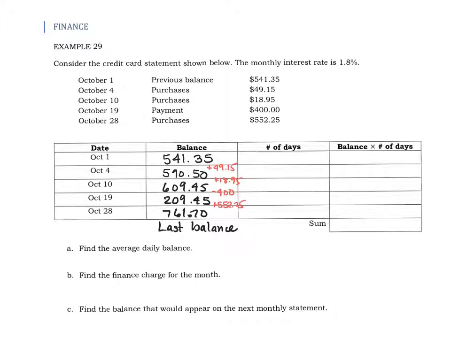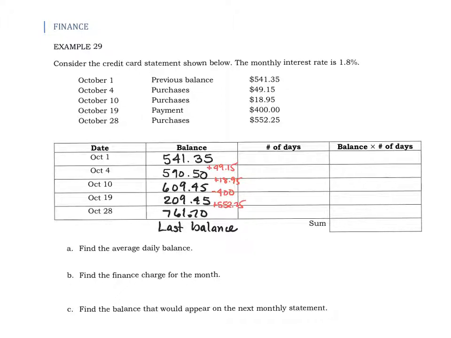So again, that was the first part of the instructions: find the balance on the first day of the billing cycle and on each day that a new transaction occurs. Okay, so now for the number of days that our balance stays at this amount. Think about how we do an average. Wouldn't we add up all the numbers and then divide by how many numbers we had? So think about it this way. It's like we would be adding the